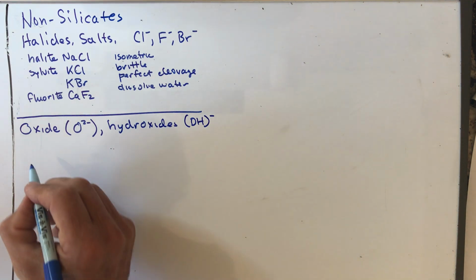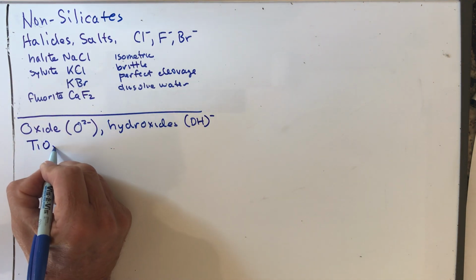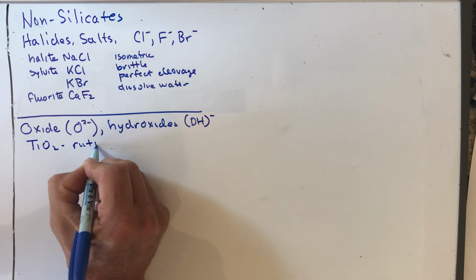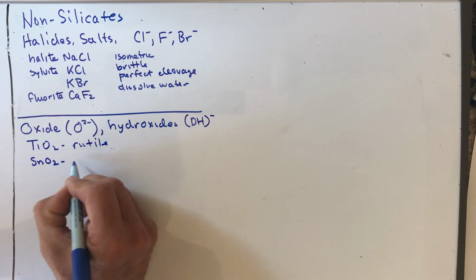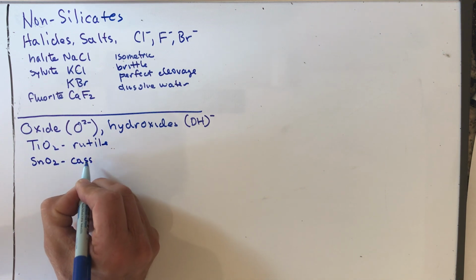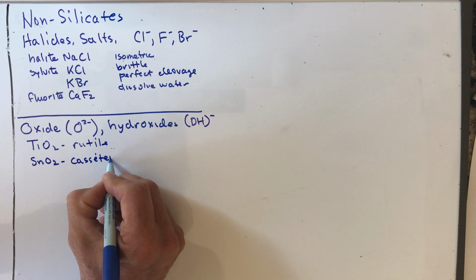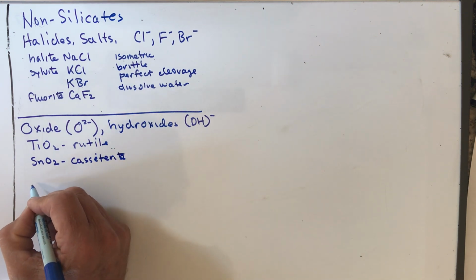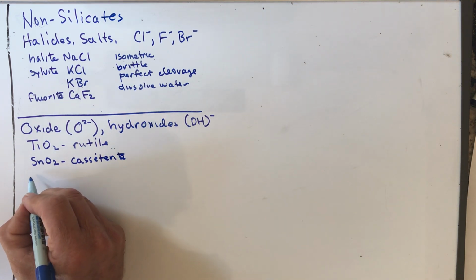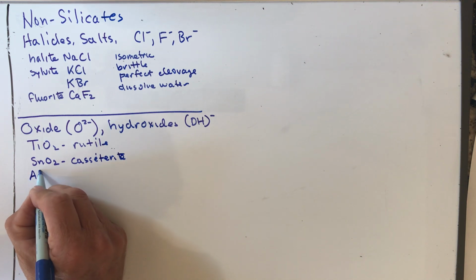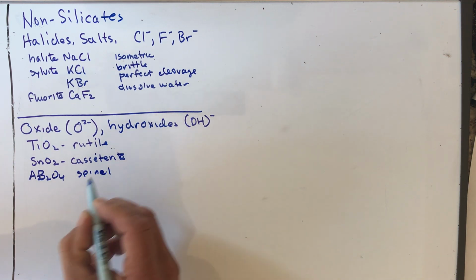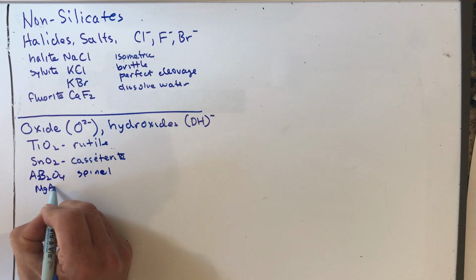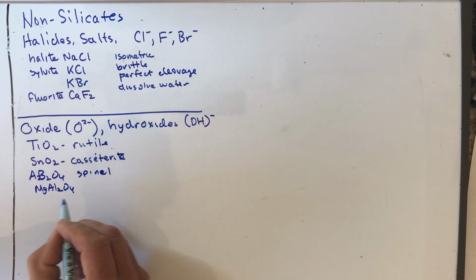The oxides include simple oxides like TiO2, rutile, which is hexagonal, an important titanium mineral, SnO2, cassiterite, the chief ore of tin, and also spinels. The general formula for spinel is AB2O4, and that includes the mineral spinel, MgAl2O4, and